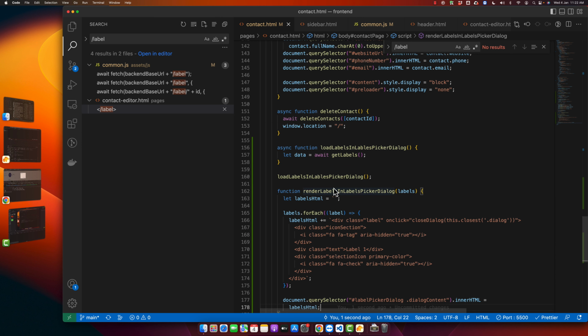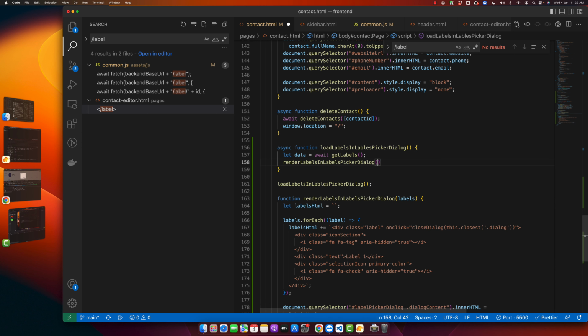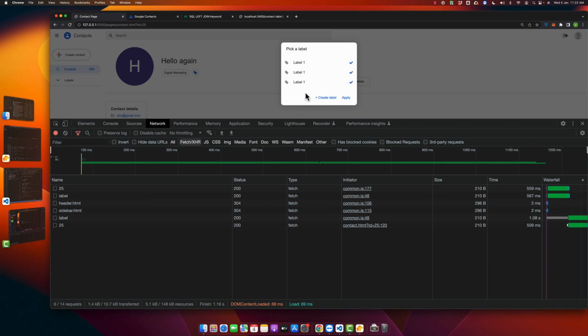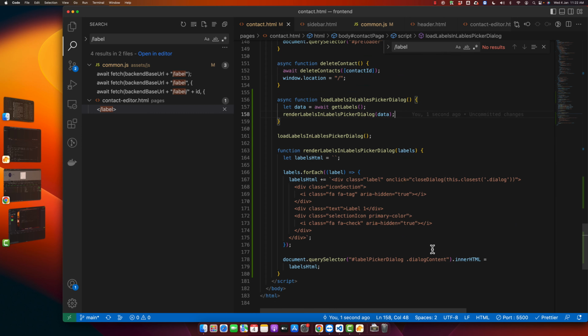So we did not call this function yet. Obviously, we have to call it first. So pass the data to this function. Now, if you click on that, you will see that we have three labels, but these are still showing the same label. So to fix that, we have to